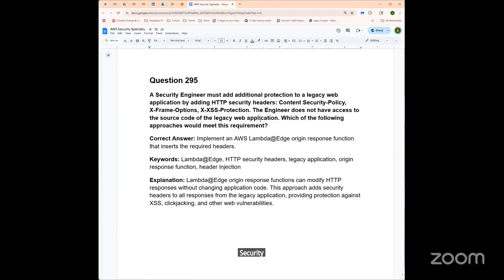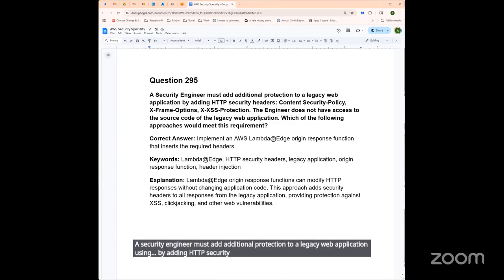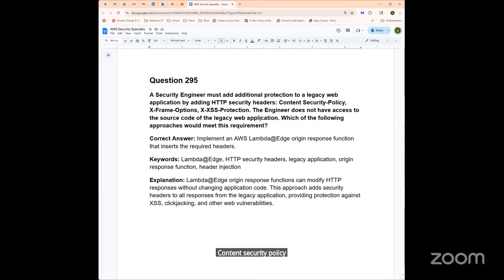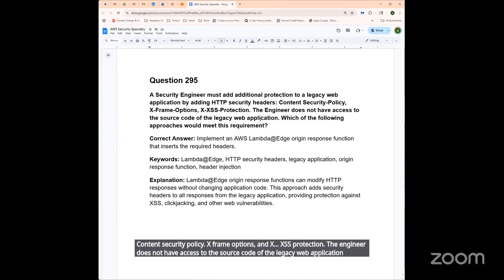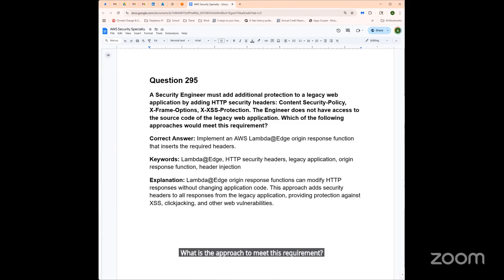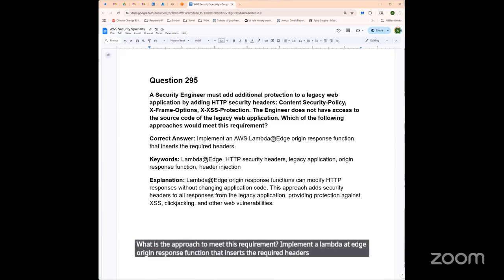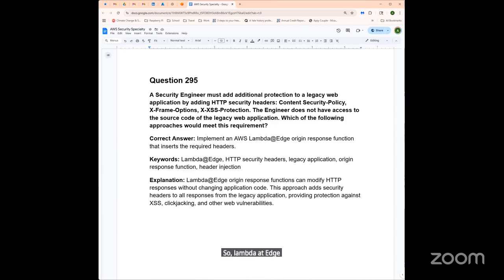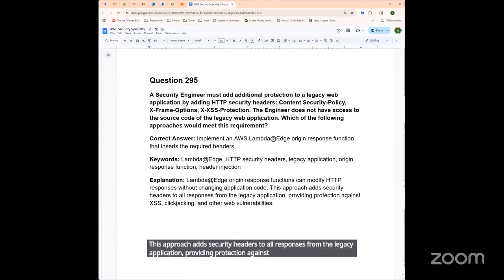A security engineer must add additional protection to a legacy web application by adding HTTP security headers: content security policy, X-Frame-Options, and XSS protection. The engineer does not have access to the source code of the legacy web application. What is the approach to meet this requirement? Implement a Lambda@Edge origin response function that inserts the required headers. So Lambda@Edge origin response functions can modify HTTP responses without changing application code. This approach adds security headers to all responses from the legacy application, providing protection against cross-site scripting, clickjacking, and other